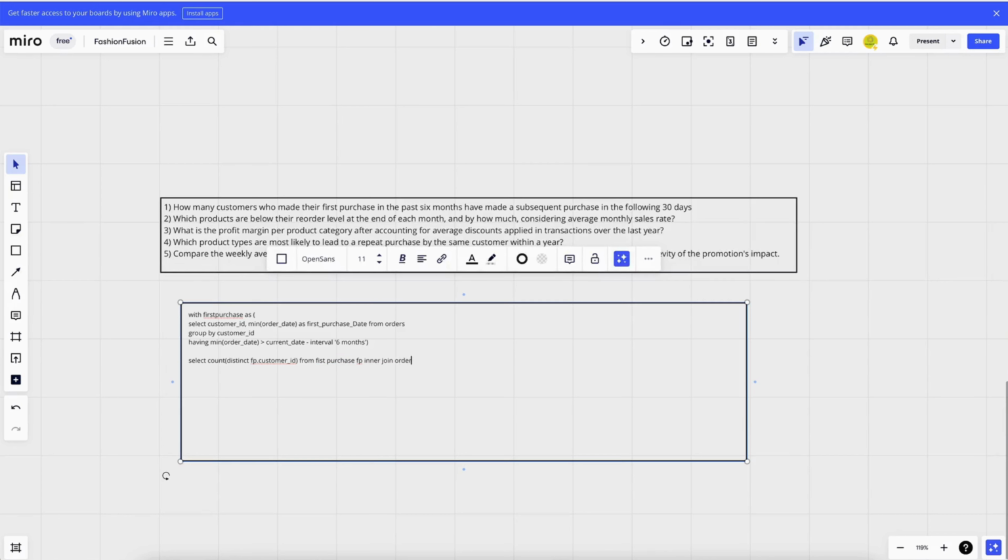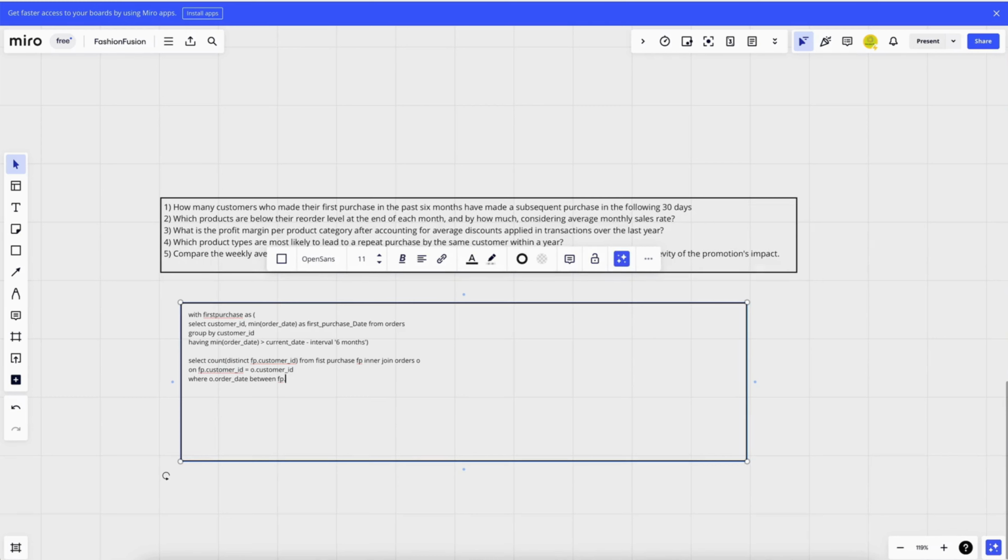And do an inner join on the orders table, on the customer table, on customer ID. So that gives us the information on the customer ID. And here the condition I should check is where order date from our orders table should be between